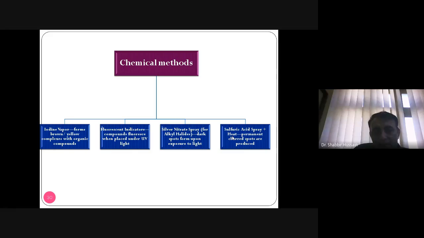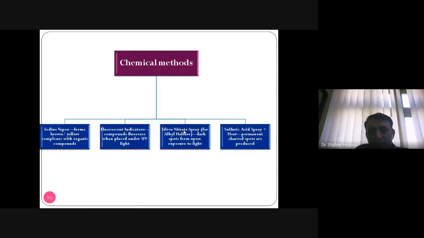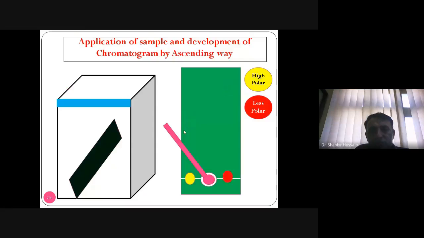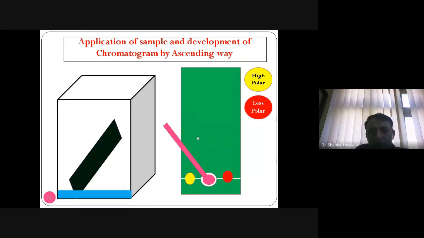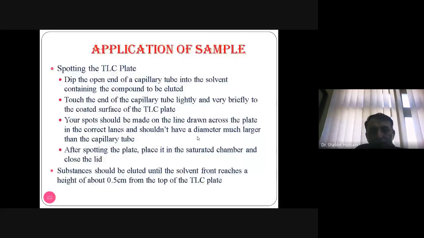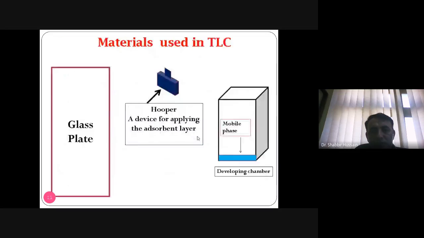ऑफ टीएलसी। ठीक है। और दूसरा जो है ड्रैगनडॉर्फ हम मोस्ट कॉमनली यूज करते हैं। इसके अलावा सल्फ्यूरिक एसिड स्प्रे कर सकते हैं, सिल्वर नाइट्रेट का स्प्रे आप लोग कर सकते हैं। ठीक है। इसके जरिए हमें पता चल जाएगा कि हमारे कंपाउंड्स जो हैं वो इस तरह से सेपरेट हुए हैं या नहीं हुए हैं। तो हाई पोलर और लेस पोलर कंपाउंड्स जो हैं वो ऑन द बेसिस ऑफ सॉल्वेंट सिस्टम पे ये आपके पास सेपरेशन आ जाएगी। फिर इसके बाद हम जो है इसकी